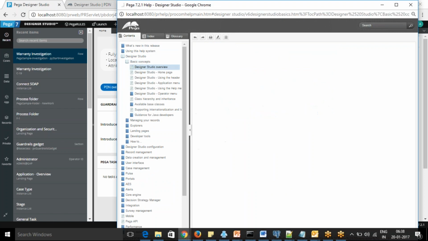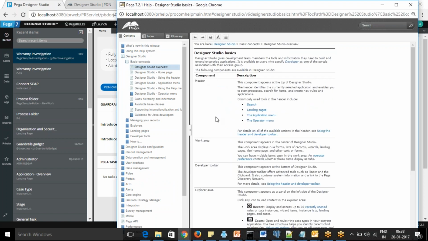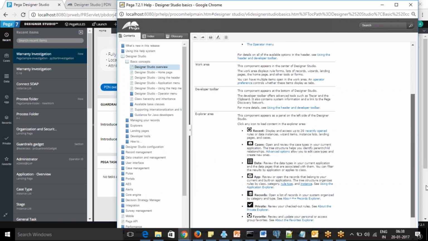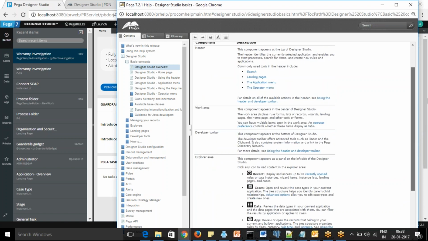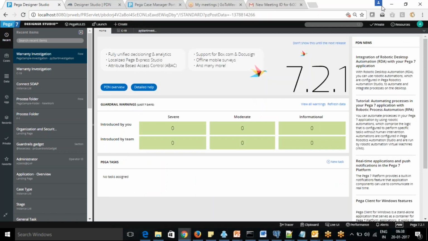You have the complete header, landing page, application menu, operator menu, work area, developer toolbar, and explorer area, and the purpose of each one of them, and you can see each of them in detail. So if you are getting any issues or want to know about something, refer to the help. Pega help is very nice and it will tell you how to do it.